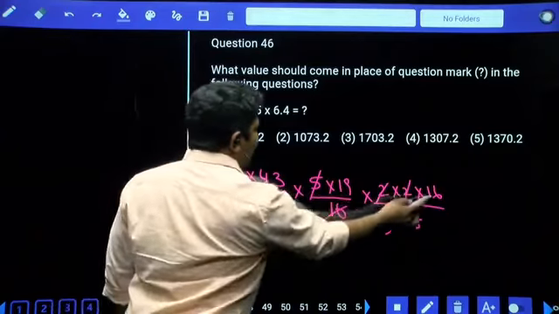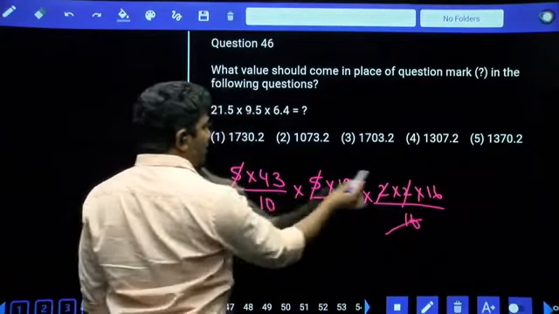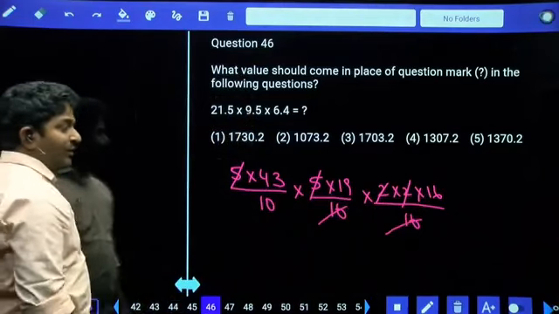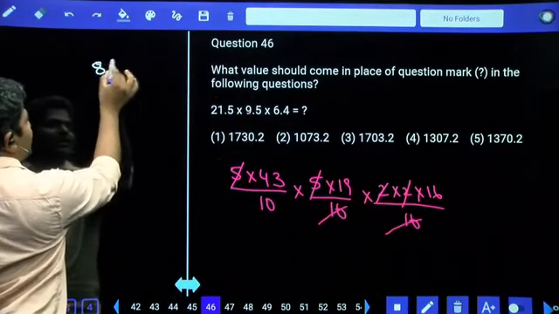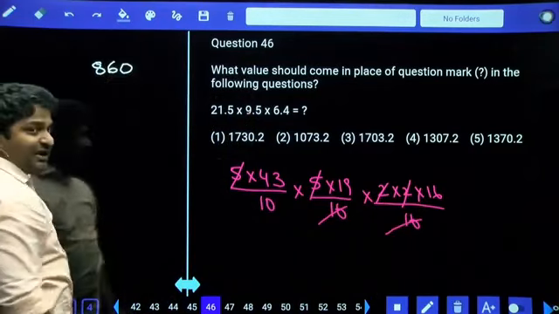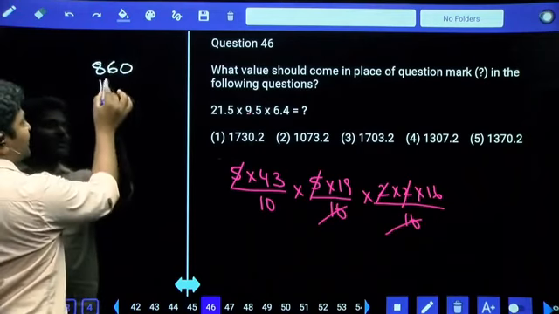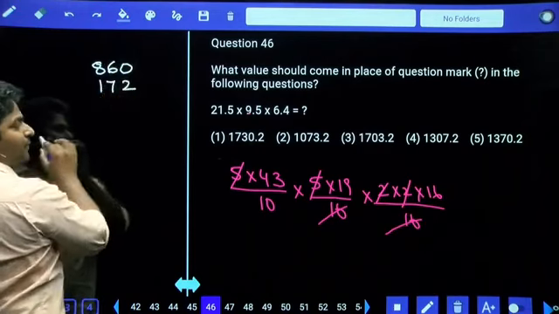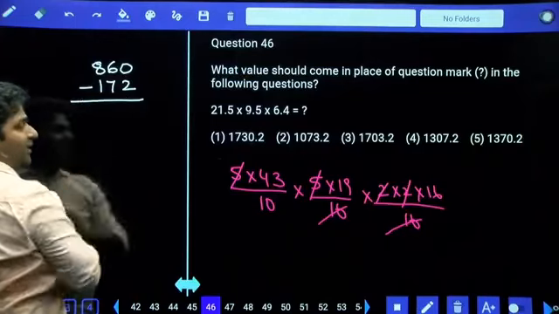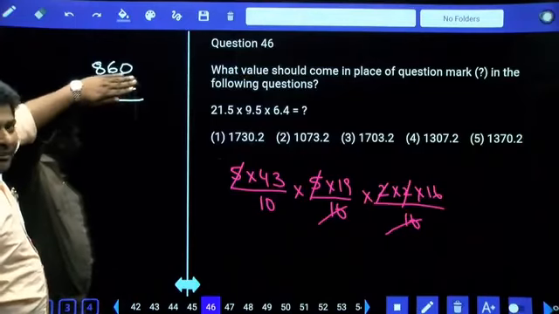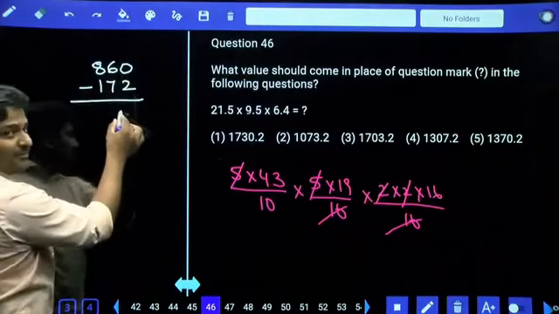43 19 times and then 16 times. Let's calculate 43 16 times. 43 20 times is equal to 860. 2 times is 86. 4 times is equal to 172. We have to subtract it. Then it becomes subtract 200, add 28. 660 plus 28,